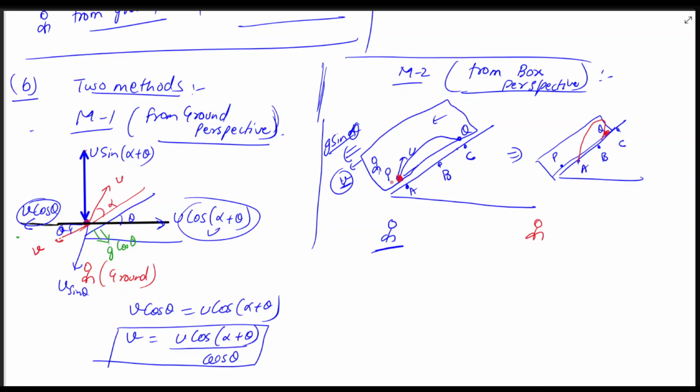From inside it was like this, but from outside the particle projection was like this. Are you getting me? Now look, if I put this V such that this Q point will reach A,